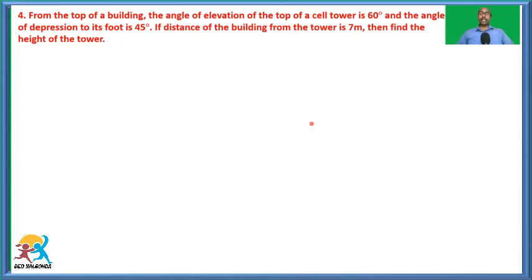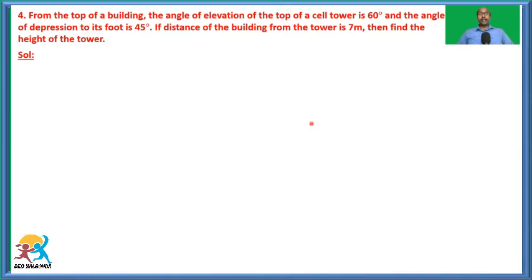a cell tower is 60 degrees. And the angle of depression to its foot is 45 degrees. If distance of the building from the tower is 7 meters, then find the height of the tower. That's the question. So watch the problem carefully